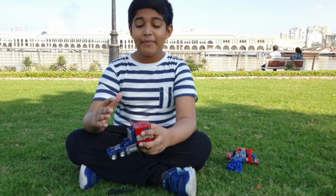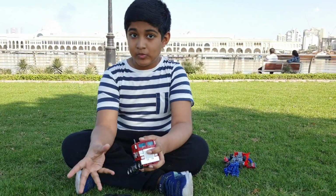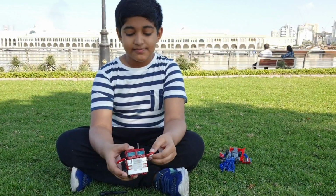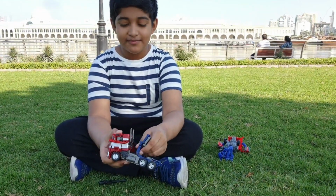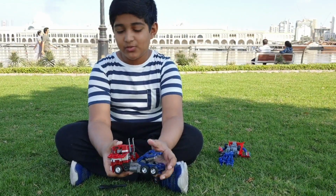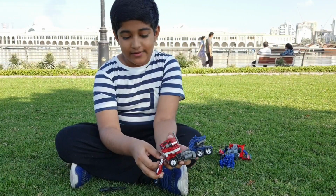Now, to transform him back into his robot mode, it does get a little tricky because there are a lot more things to move to the side, but then untab these panels from the side. We'll just clear that out for now. And then untab the cab rack. Then just bring it out. Things will start to untab, but that's okay because we are going to need it to untab. Bring out the front section of the truck and fold it up,